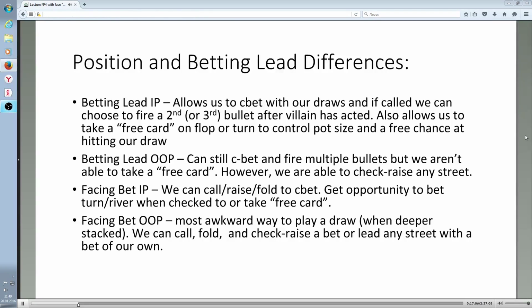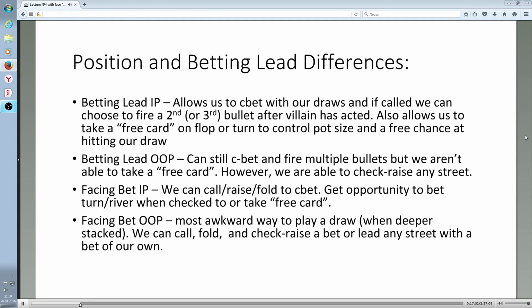And the last one: we are out of position and facing a bet, so maybe we call the raise from the blinds, which would have to be the case if we're out of position. We'll take a look at a few of these examples. When we're deeper stacked, it can definitely be a pretty awkward way to play a draw. Being out of position, we can call or fold to a bet, as well as check-raise. We also have the option of leading any street with a bet of our own, and that can get awkward,